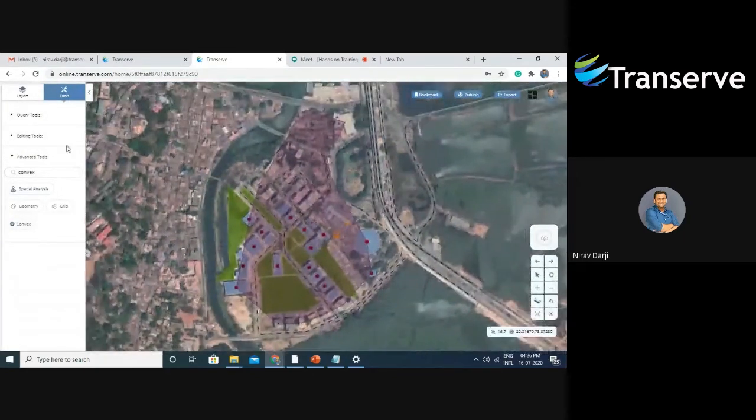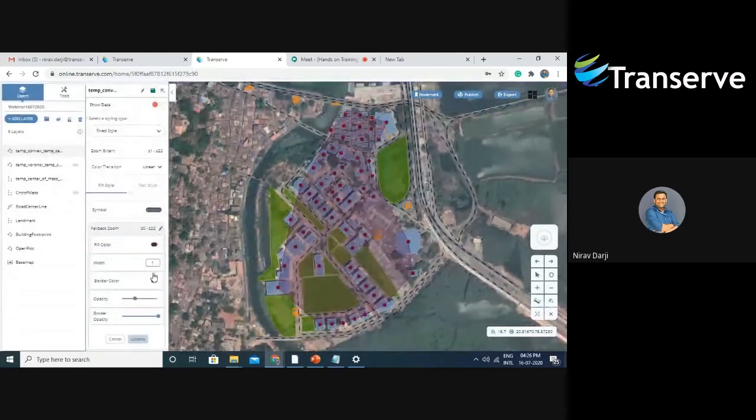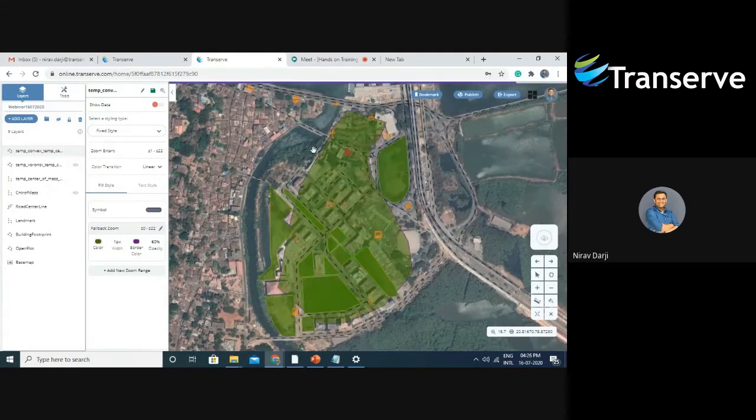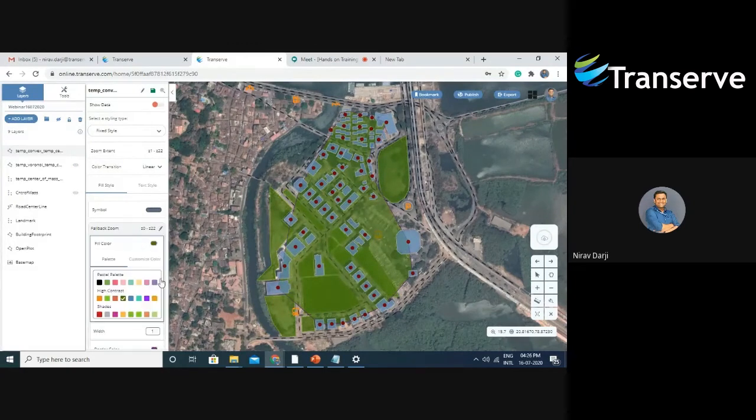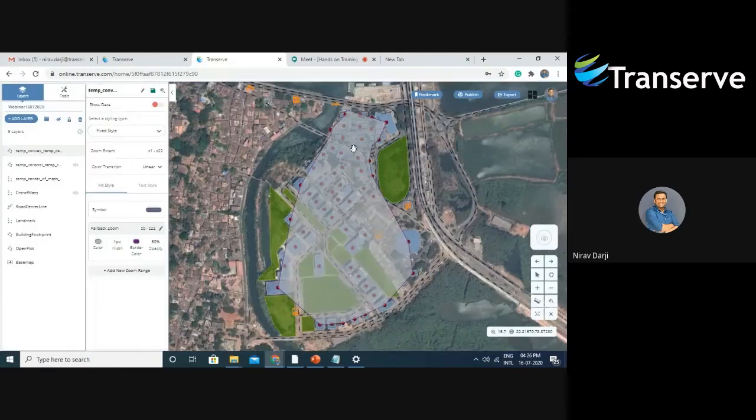So as you could see, it has taken all the outer periphery points, all the points which are outside, right?